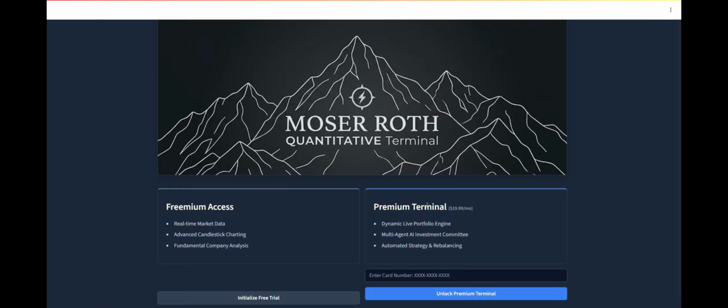And this is the entry page. The freemium access will only have the candlestick and company